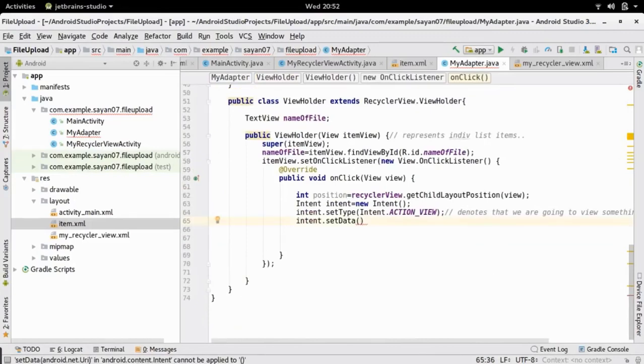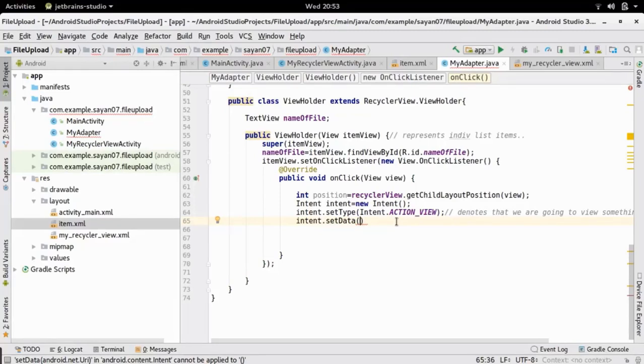Now within this set data method we are actually going to create an object of URI. So using that URI we are going to display our corresponding URL in our default browser.